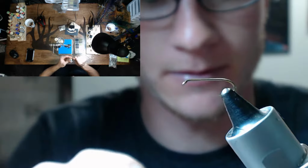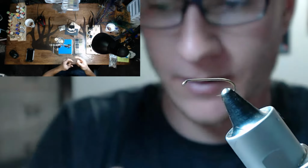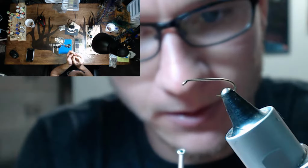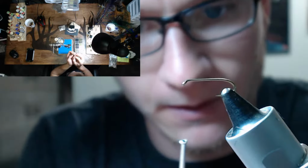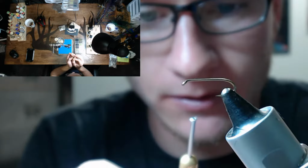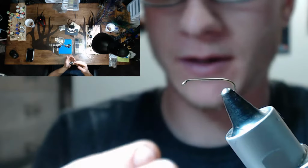In this video, I'm going to tie a blue dun dry fly in size 14. I'm going to start with Adam's gray thread. Going to put it into my bobbin and use that little trick I taught you about air pressure. Once I get it started,